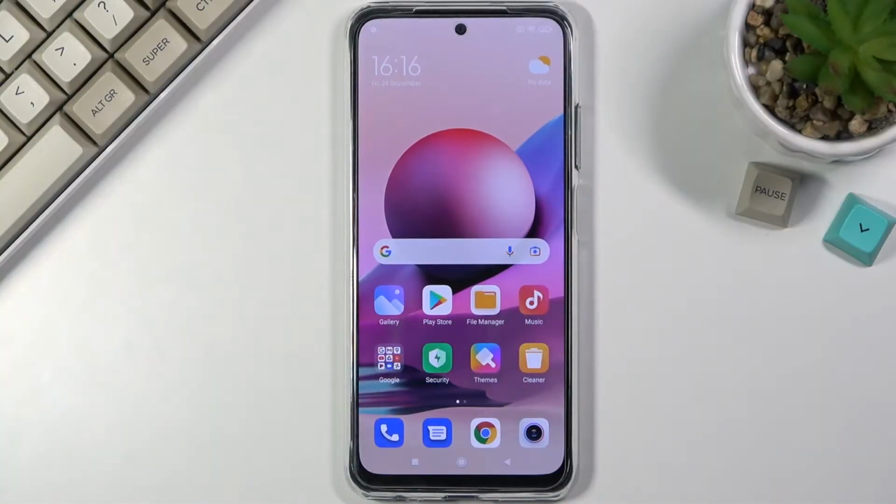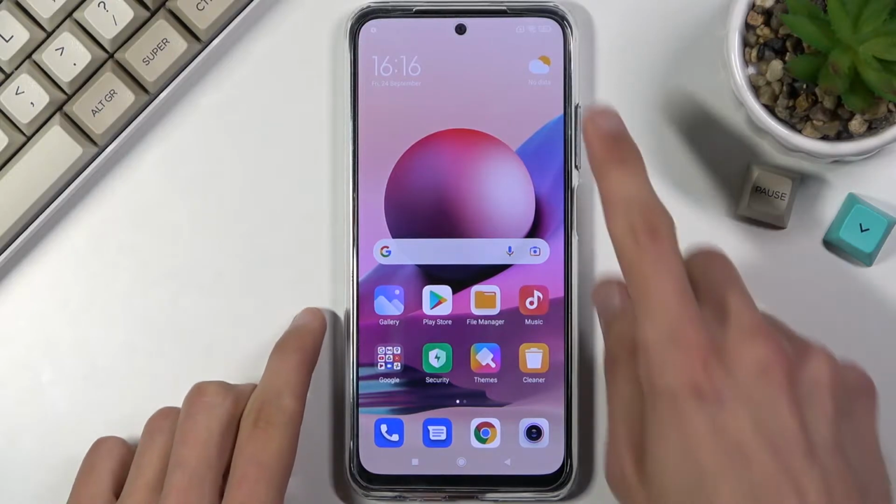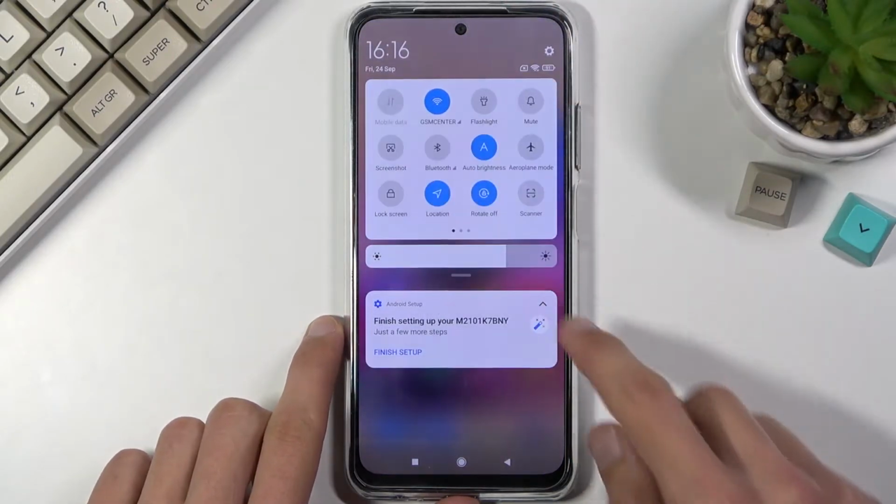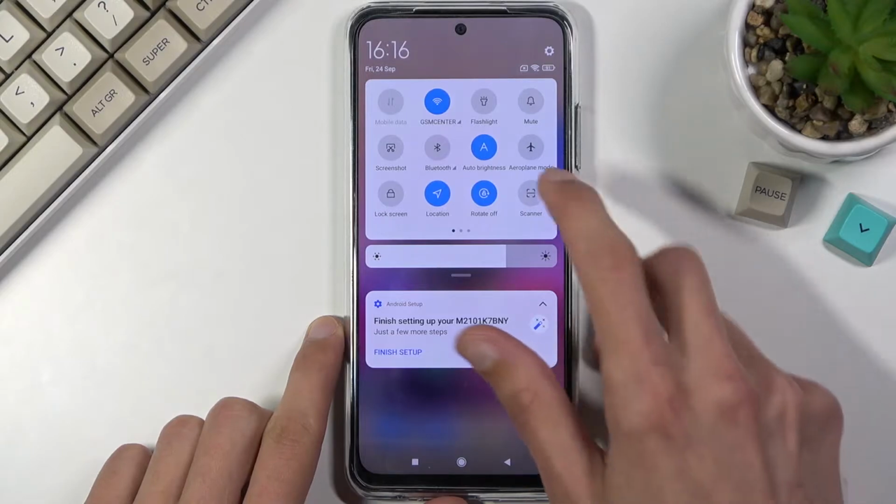Welcome, in front of me is a Xiaomi Redmi Note 10s, and today I'll show you how to enable and set up the Do Not Disturb mode. So to get started, let's pull down our notification panel and look for the Do Not Disturb mode toggle, which for me is